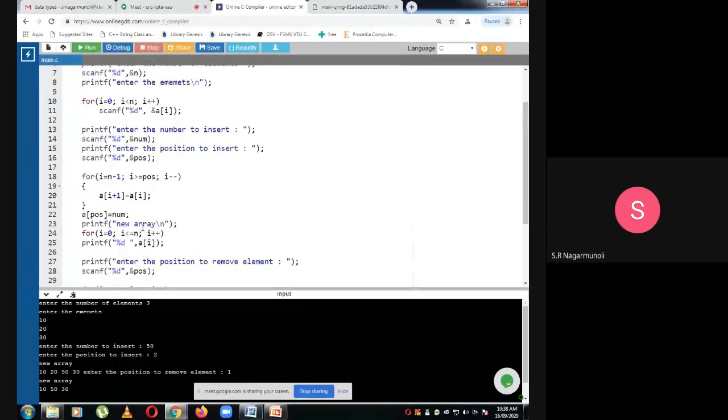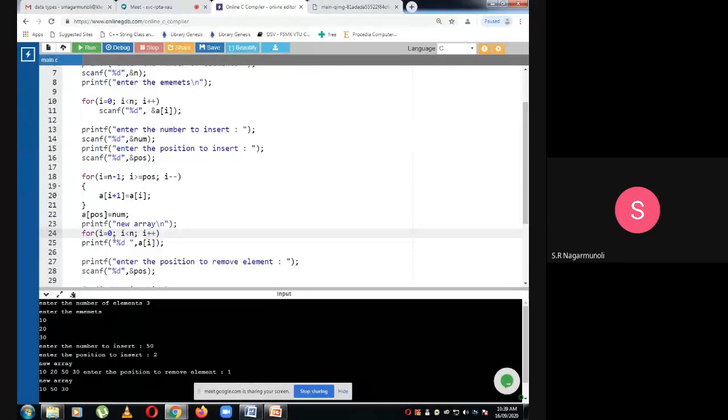Then you have the new array, displayed with i from 0 while i is less than or equal to n, because we have inserted one element, so the size of the array will be n plus 1. You cannot write less than n. If you write i less than n, you will display the elements only from positions 0, 1, 2.